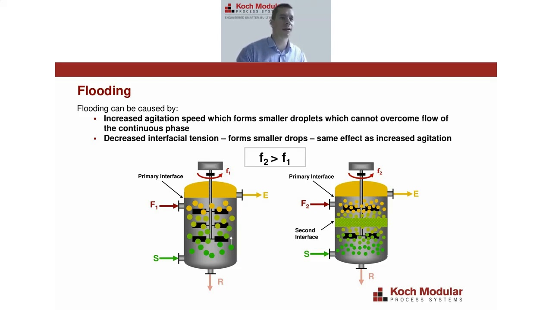Now, when we're running a pilot test, we always like to push our extraction columns, particularly from an agitation standpoint, to find a flood point. And there are a few reasons for that. One, it's just good to know where and under what conditions the extraction column will flood. Also, it's good to know how difficult it is to get out of a flooding situation in an extraction column, whether that's just cutting off feed and solvent, or reducing agitation speed, or cutting off feed and solvent and cutting off agitation entirely to clear a flooded extraction